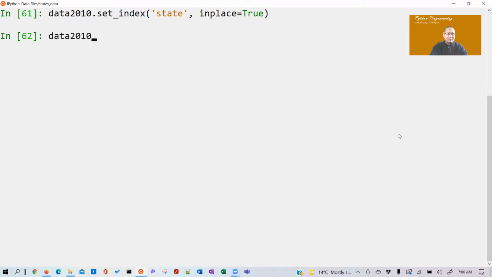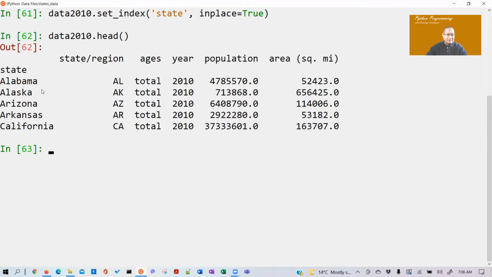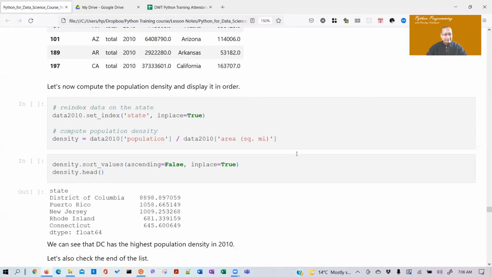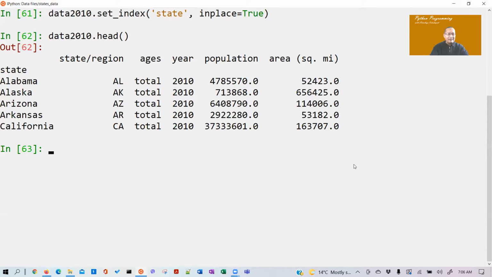Data 2010 now has the state as the index file, with 5 columns. Now the calculation is much easier. All we need to do is the density calculation. Population divided by the area, right? Density is equal to